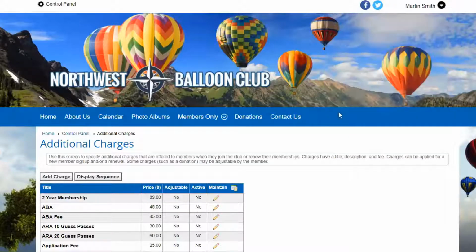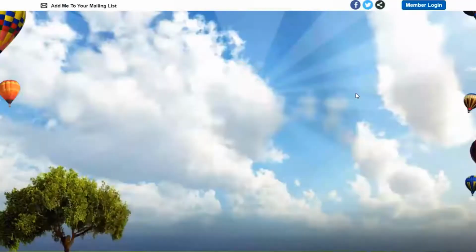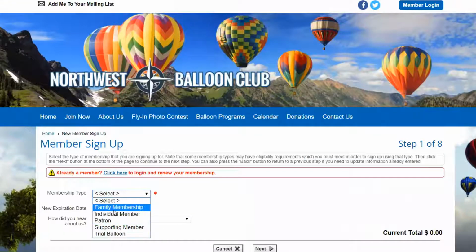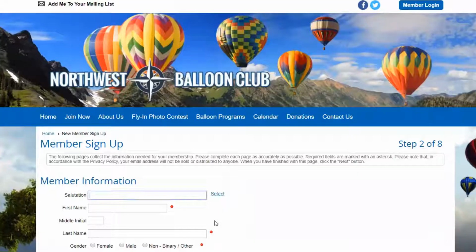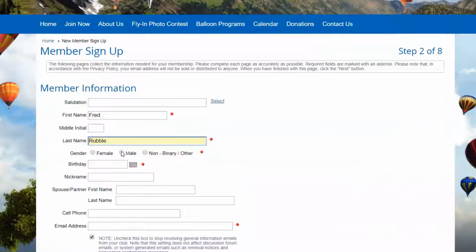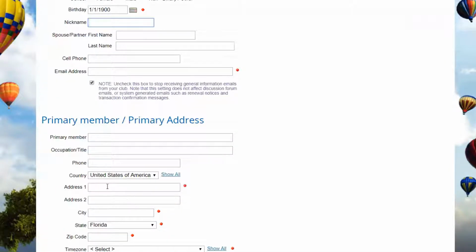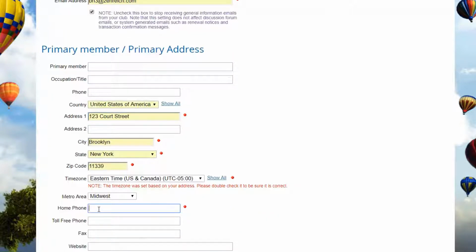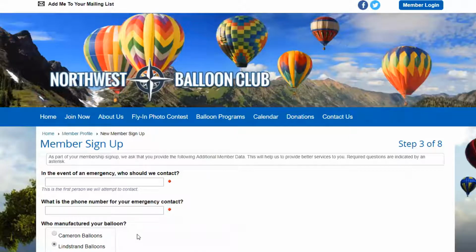And now, if I log out and I want to join, I'm going to do this hopefully very quickly. I'm going to go next, and I'm just going to put in Fred and Rubble, and I'm male, and 1900. A bit really old, and I'm going to just fill in a bunch of stuff here, and let's do this here. And if I go to next here, we've got